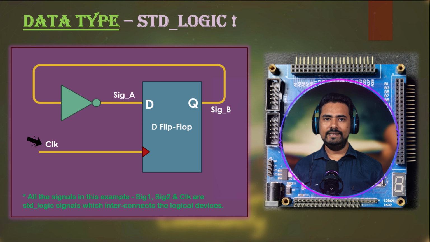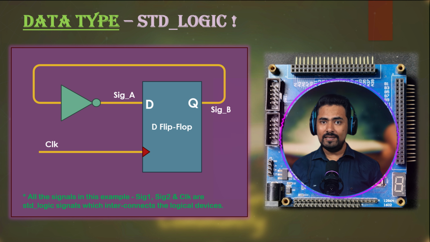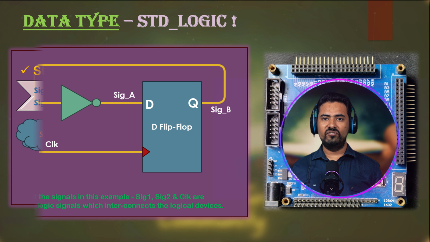Furthermore, the clock signal CLK connected to the flip-flop is also a std_logic signal here, because clock signals typically toggle between 0 and 1 to control the timing of the operations within your designs. By understanding how the signals connect and interact with logical elements like flip-flops and respond to the clock signals, you are laying a solid foundation for mastering VHDL designs. Think of these signals as communication channels that allow the logical elements to exchange data and perform their operations. This is the fundamental concept in building digital circuits in VHDL.